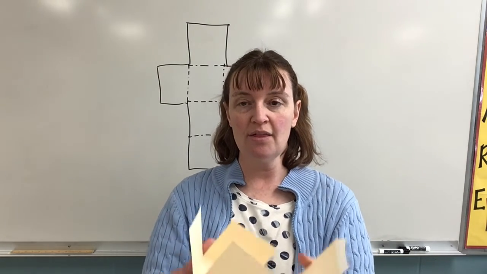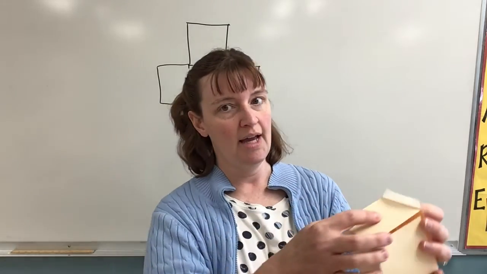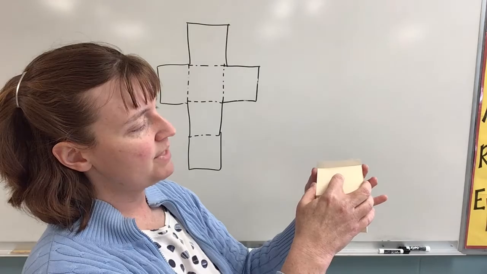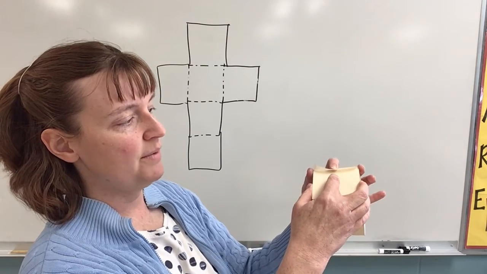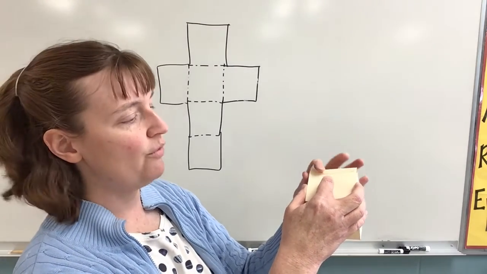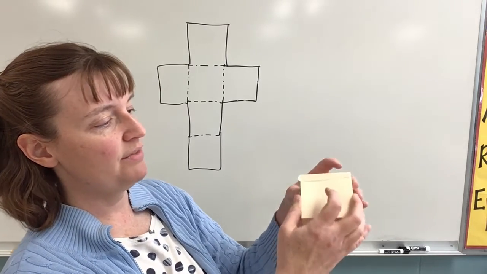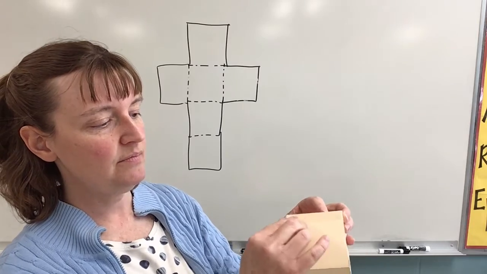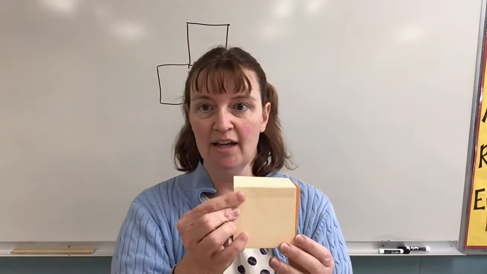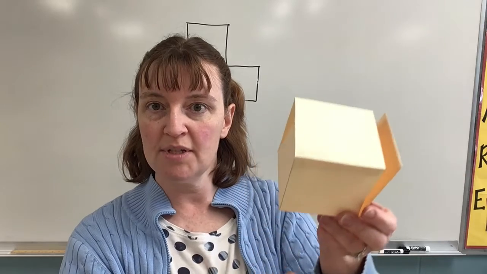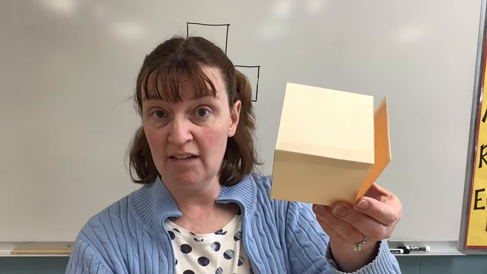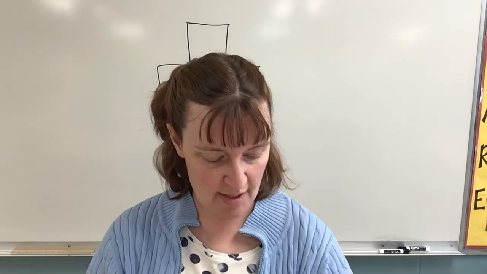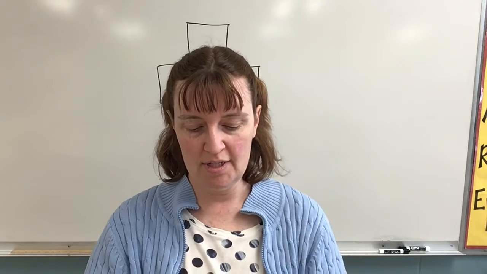So I'm gonna take this other side now and line that up. Let me see if I can show you that here. Line that up neatly, and then just take one of my fingers and press that tape over in that spot right there, and then squish it down real well. And that edge is now taped together really neatly, which is exactly what you'll want, okay? You'll notice that my tape did not look like